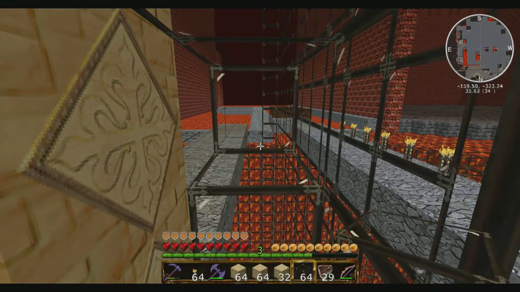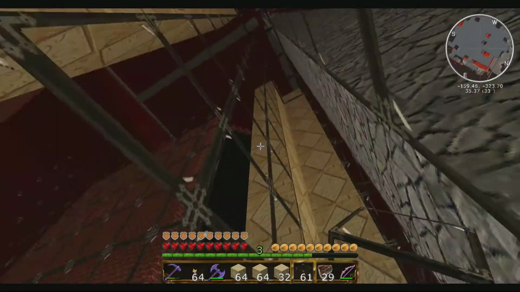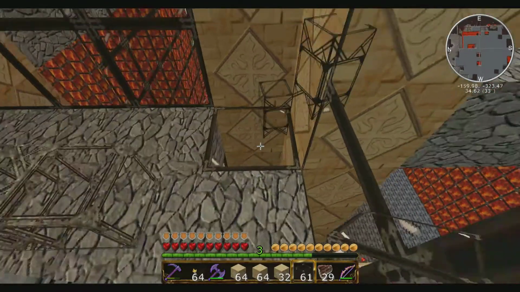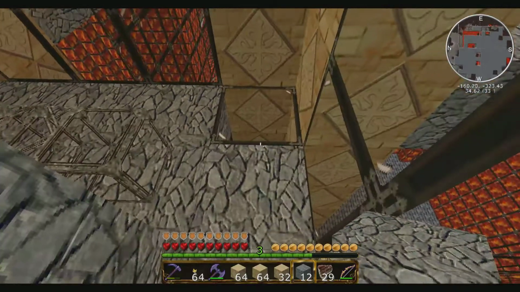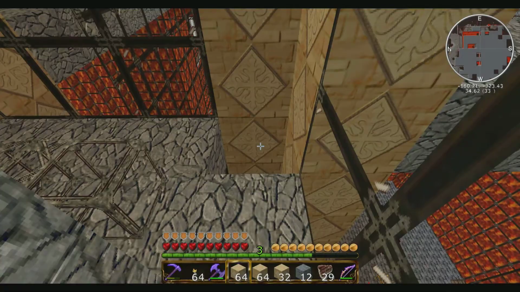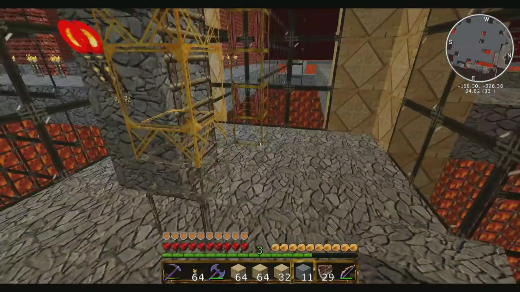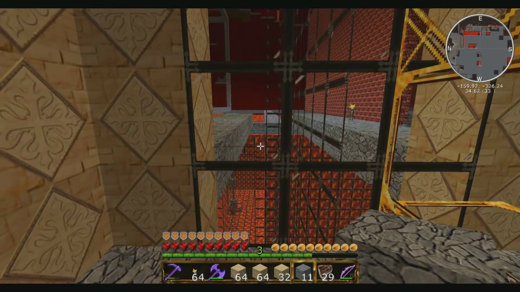Let's see. Got it finished. Do I have any cobble? No, I have cobble. I have lots of cobble. Alright, just to even everything out. Okay. Alright, so you're there, you're there. Now we're going to head out this way. So I think what I'm just going to do...